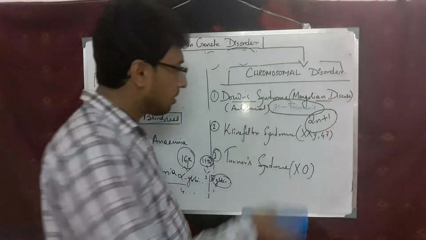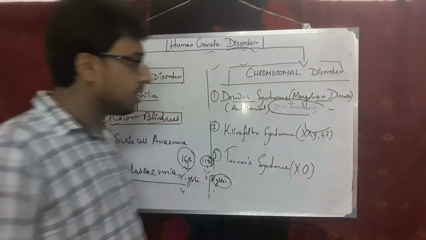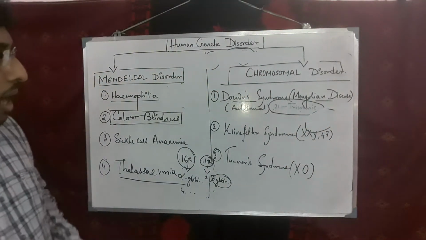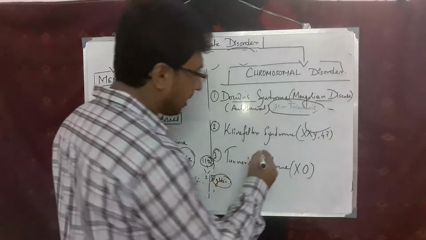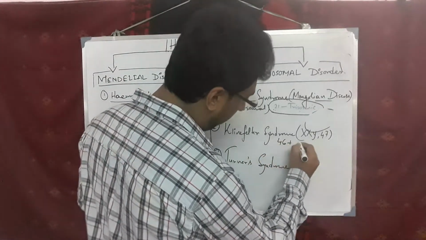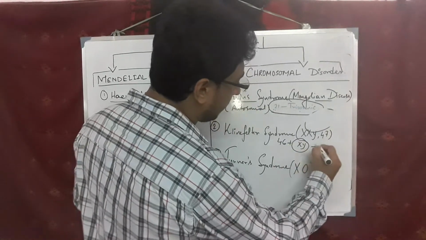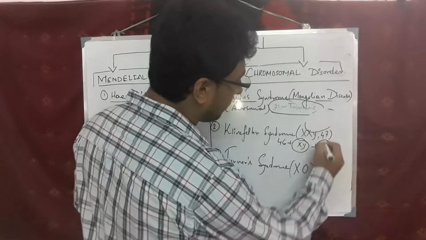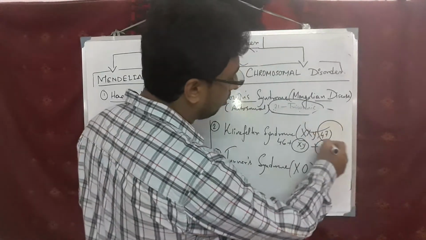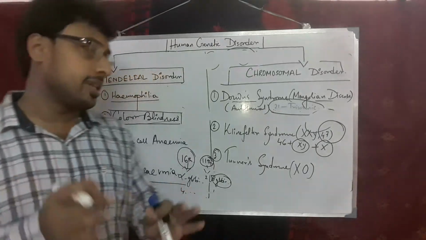Next I will tell you about Klinefelter. Klinefelter syndrome is not autosomal, it is a sex chromosomal disease. So how will Klinefelter occur? In our body we have 46 chromosomes plus XY. Now in case of Klinefelter, another X chromosome is added. As a result, in their body the total number of chromosomes is 47, because 46 chromosomes plus another X chromosome are added in